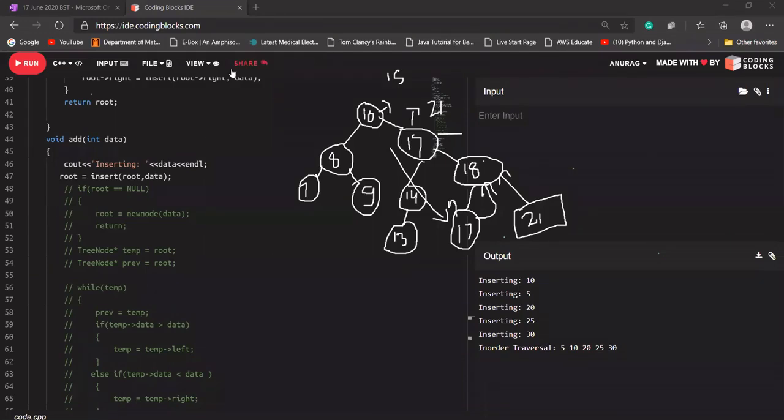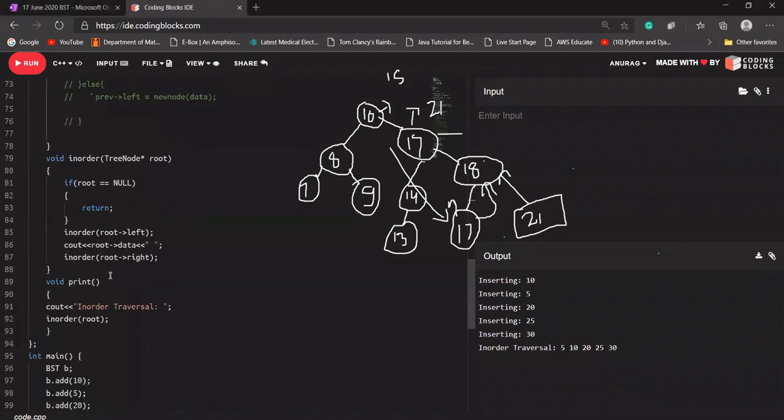Okay, let's quickly do it for both in order successor and predecessor. Let's quickly design a remove function, void remove. Let's say I want to delete the data, so I'm passing data to it. First check whether our root is not null. You can check that if root is equal to null, in that case we will not do anything. If root is null, we don't need to do anything.